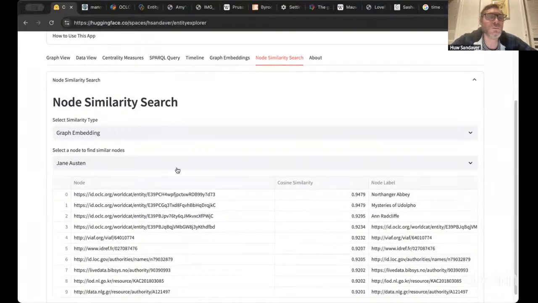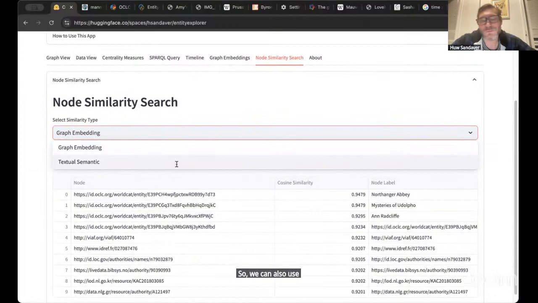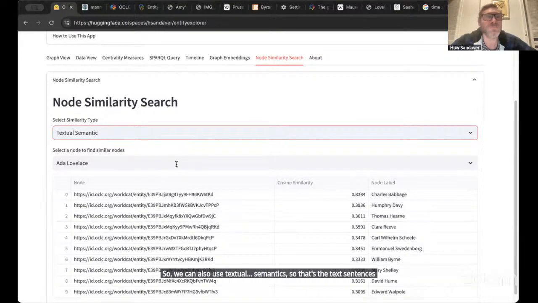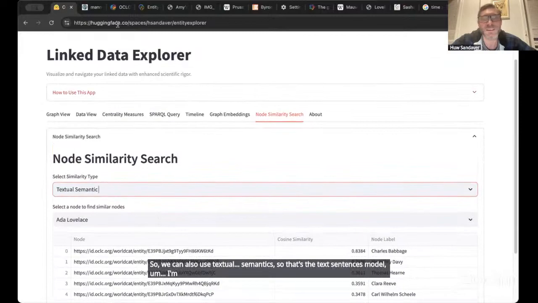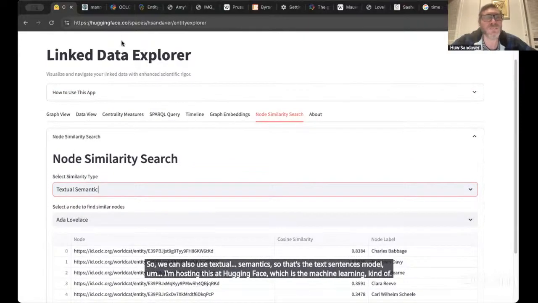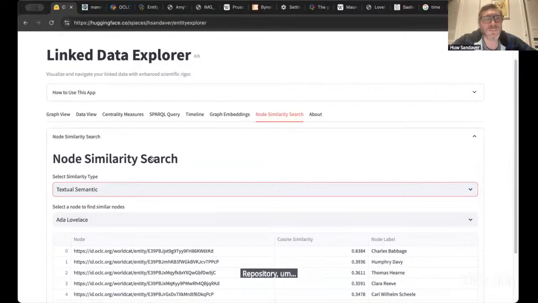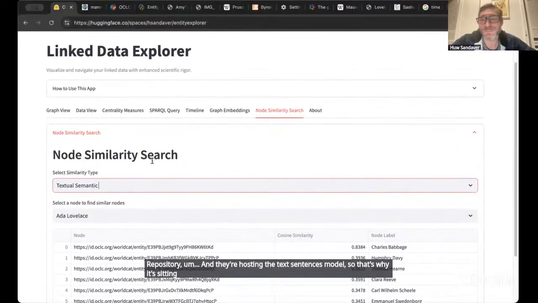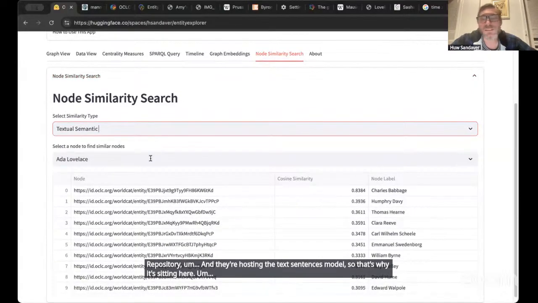So we can also use textual semantics. So that's the text sentences model. I'm hosting this at Hugging Face, which is the machine learning kind of repository. And they're hosting the text sentences model. So that's why it's sitting here. Let's try a semantic search